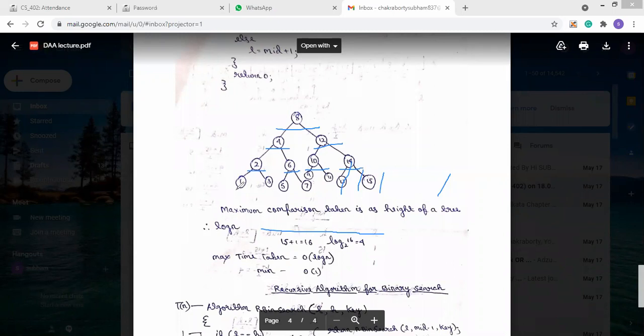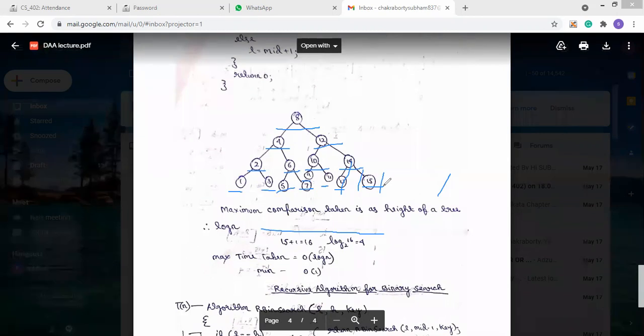So in the left side, we know it will be 1 and 3, because we already gave the mid value. And in this case, the left side it will be 5 and 7. In this, it will be 9 and 11. And in this case, it will be 13, and in the right side, it will be 15. So that's how we prepare the tree. We prepare the tree from this example.